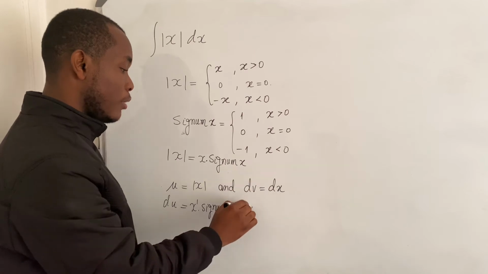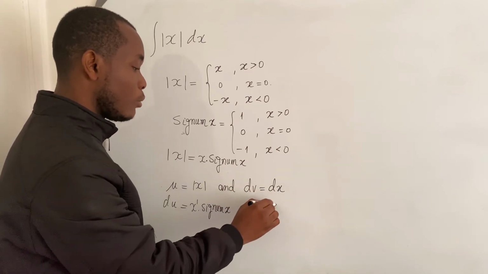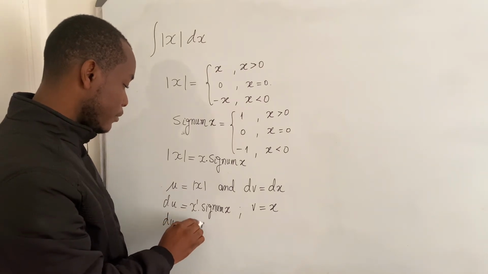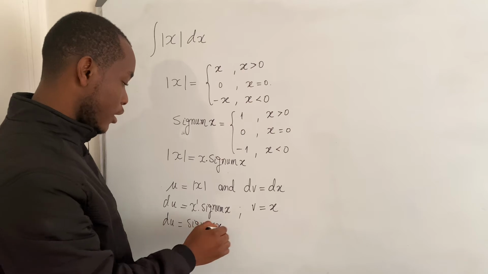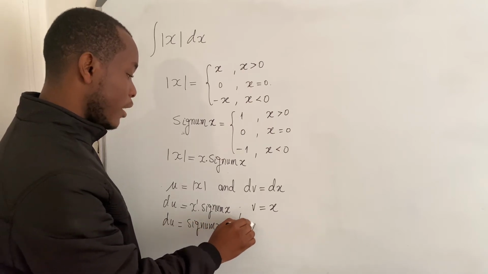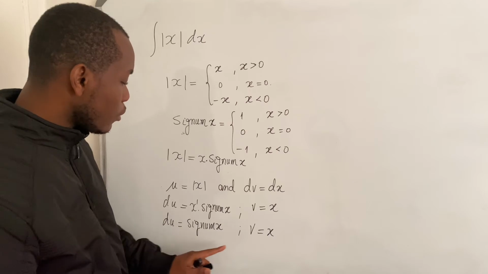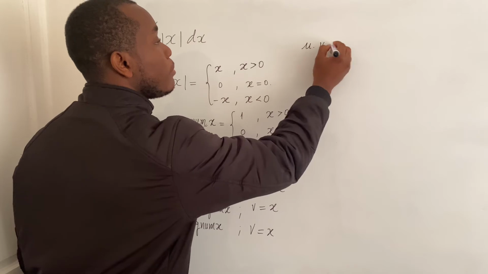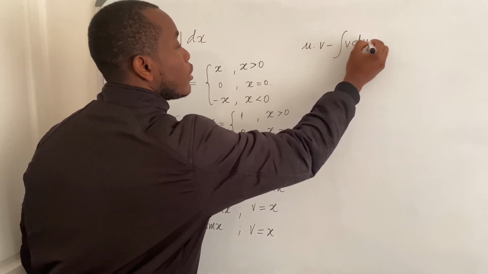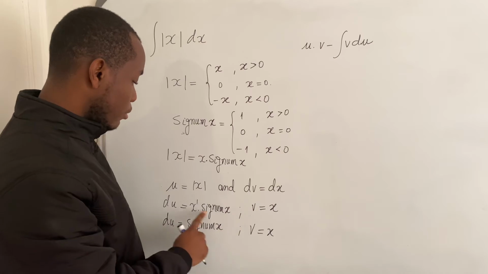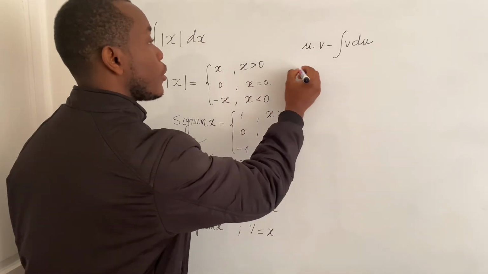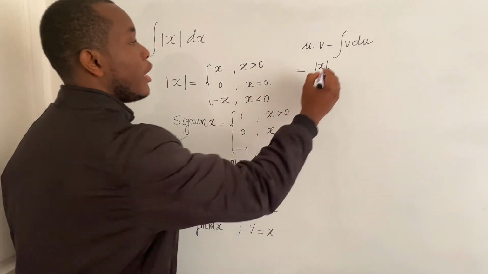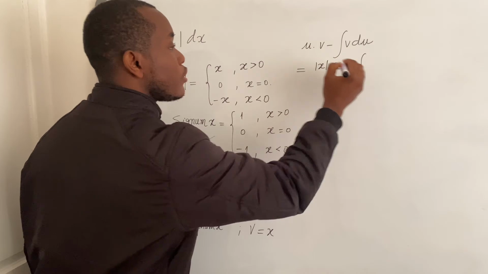And here my v will be, integrating both sides, x. So du is going to be the signum function of x, while my v is going to be only x. So applying the by parts rule, we know it is u times v minus the integral of v du. That's what we know. Now my u is the absolute value of x, so we're going to have the absolute value of x times, what is my v? My v is x